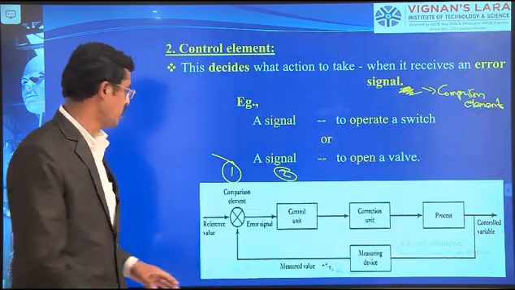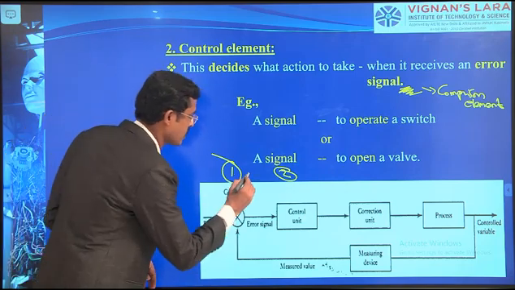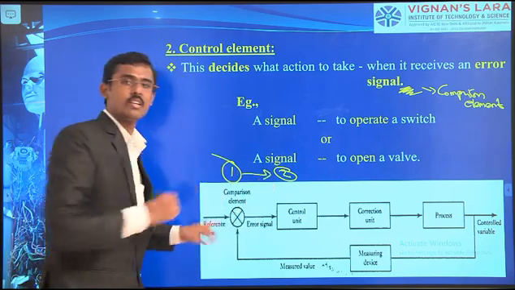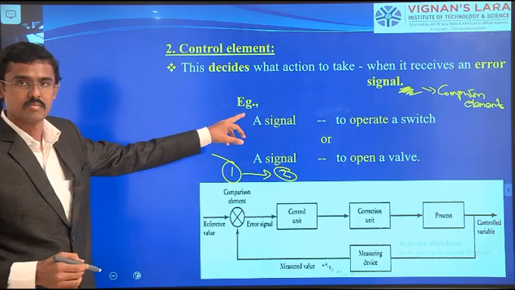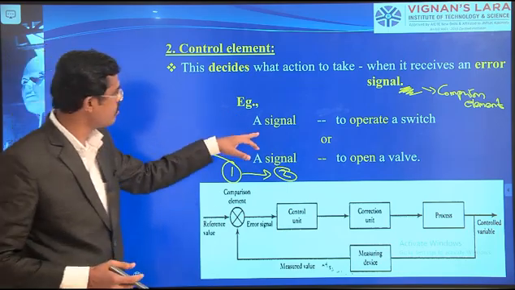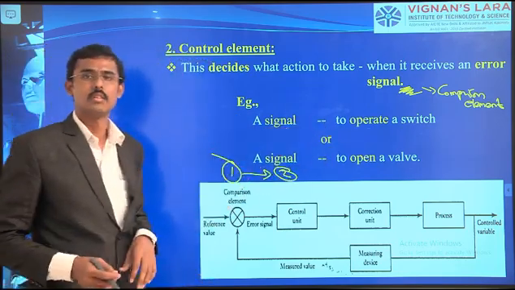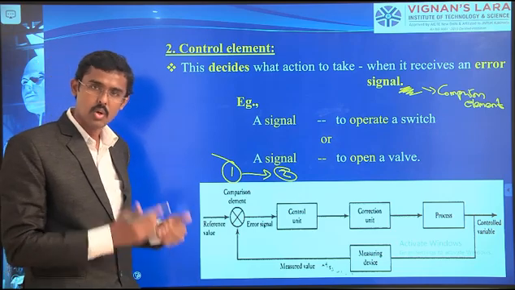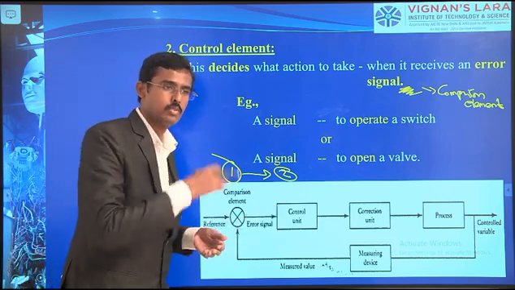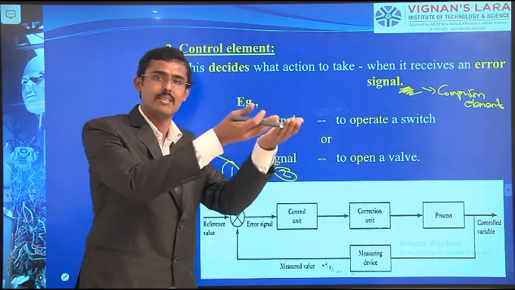Comparison element. It means from before. This one from here to here we are sending now. But what is that signal? The signal may be to operate a switch. If the temperature is low, you have to operate a switch of 1 kilowatt or 2 kilowatt to run the